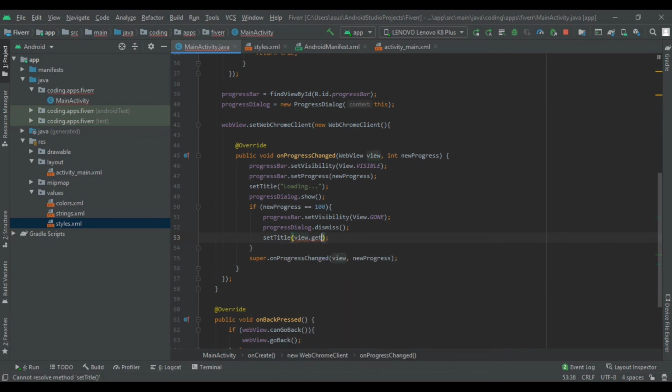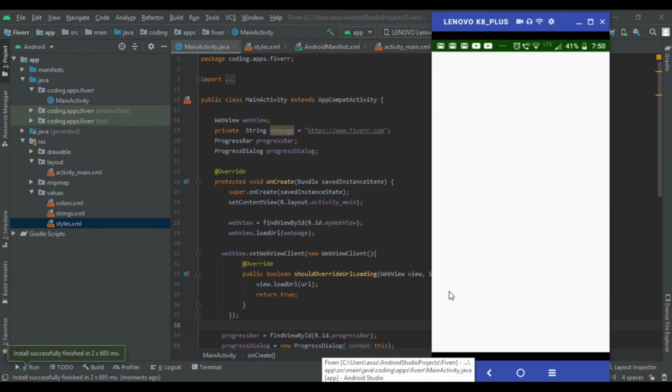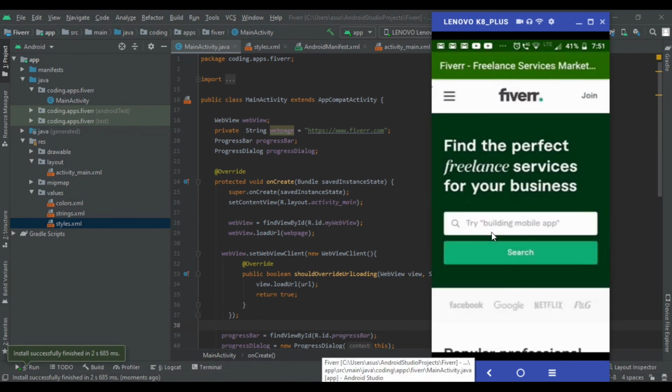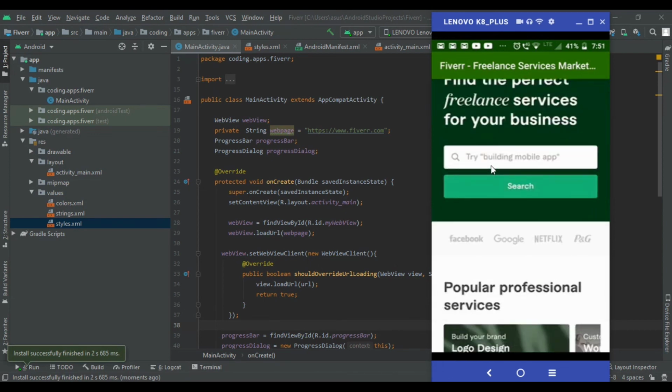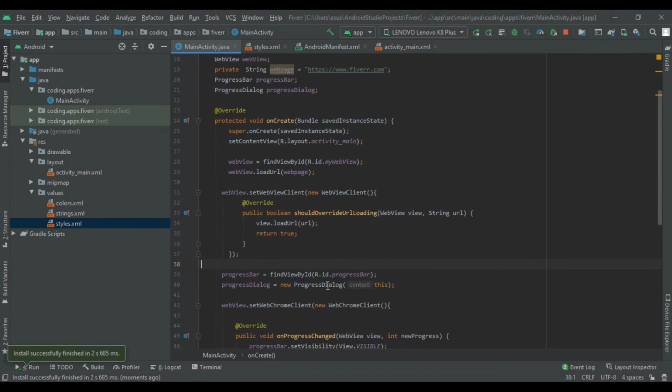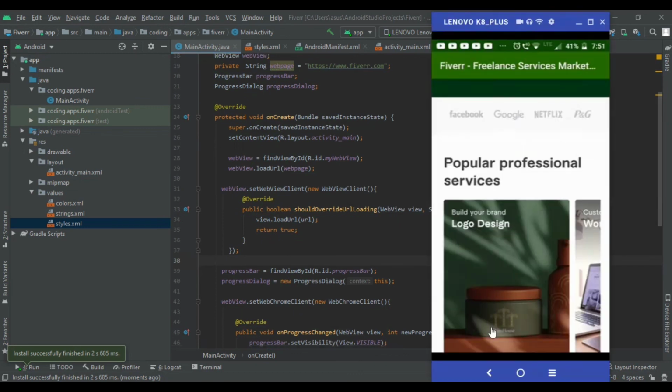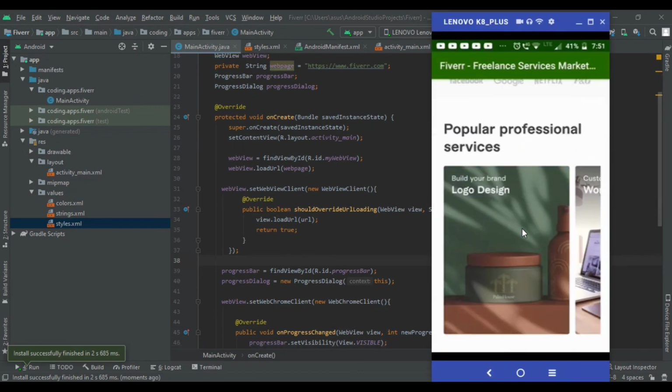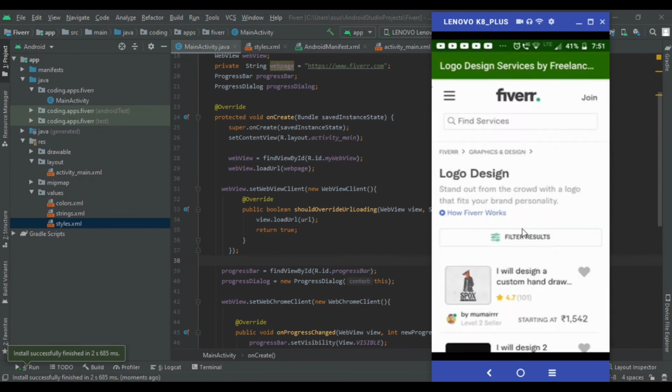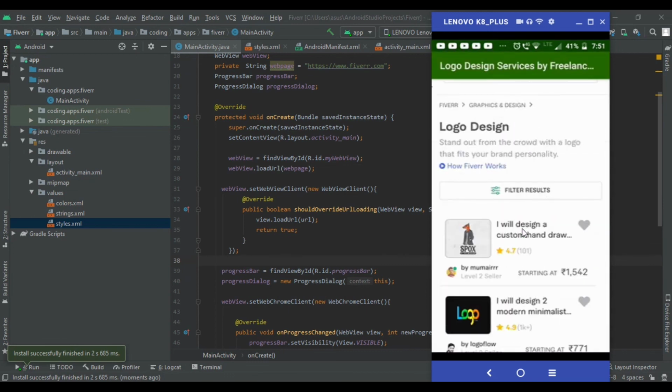By this method we simply get the title of our web page and show it in our application. Here Android Studio is again running our Android app on our device. Here it said loading, and then Fiverr freelancing service marketplace, which means our set title method works. Now we simply click on logo design. Here our progress bar had loaded and it had shown our progress dialog as well.